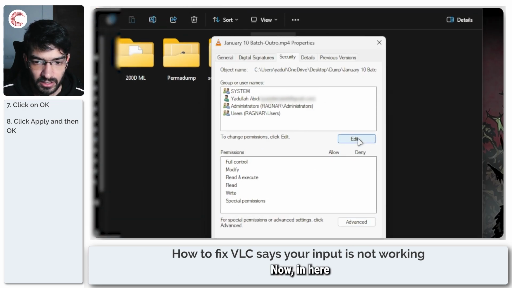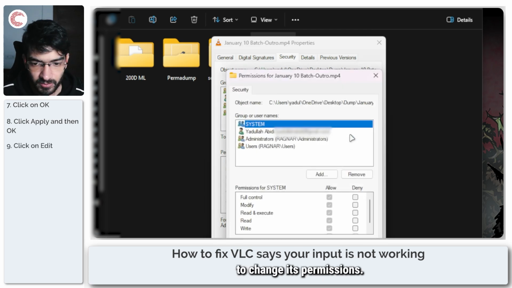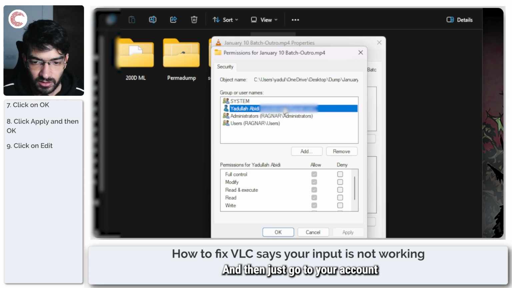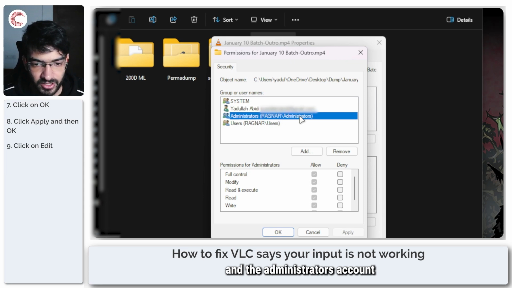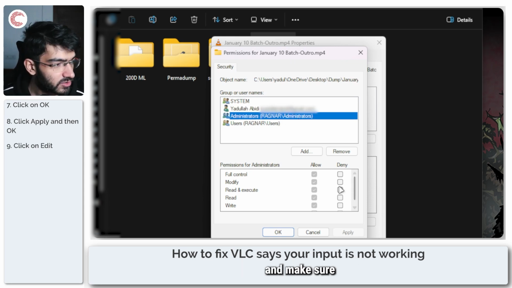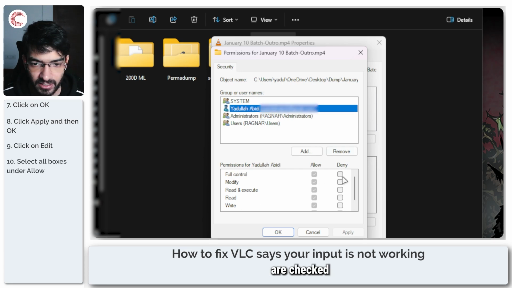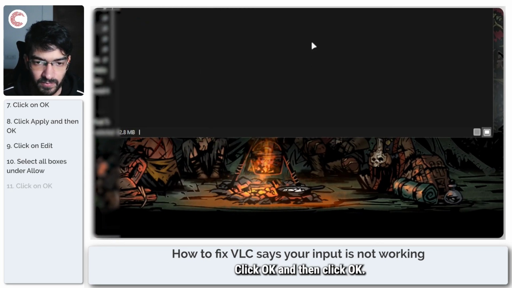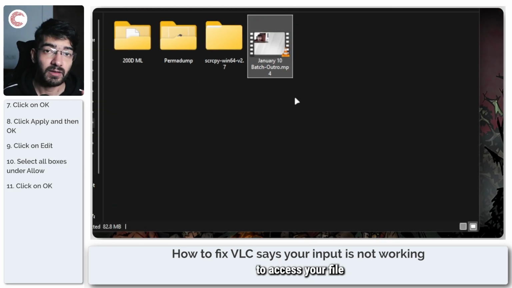Now in here, what we're going to do is click Edit to change its permissions, and then just go to your account and the administrator's account that we just gave permissions to, and make sure that none of the deny boxes are checked for both of these accounts. If that's the case, click OK and then click OK, and now you should be able to access your file